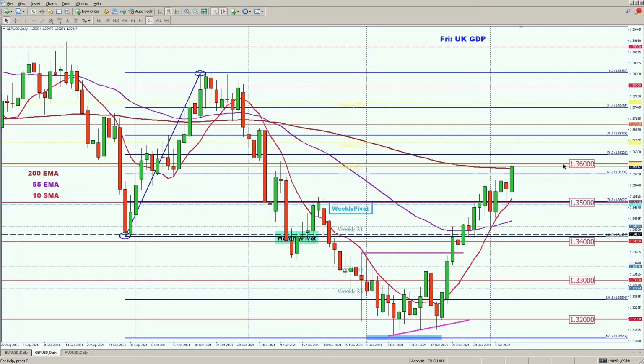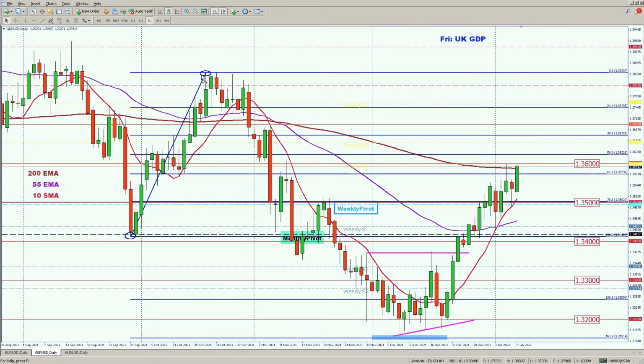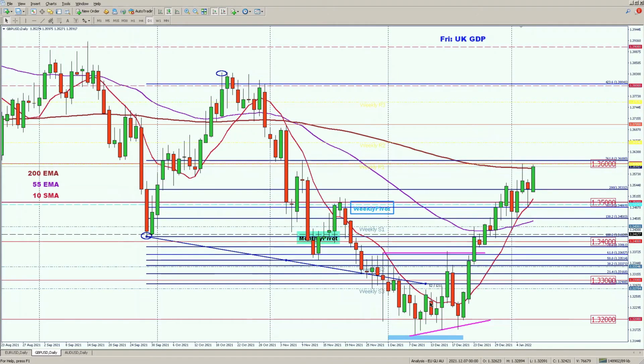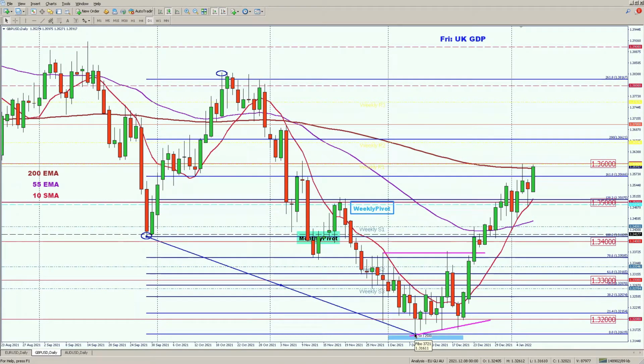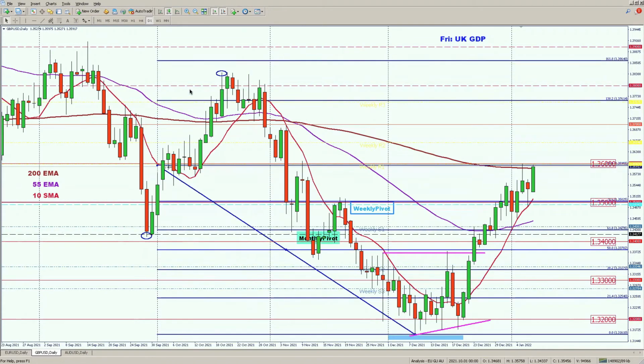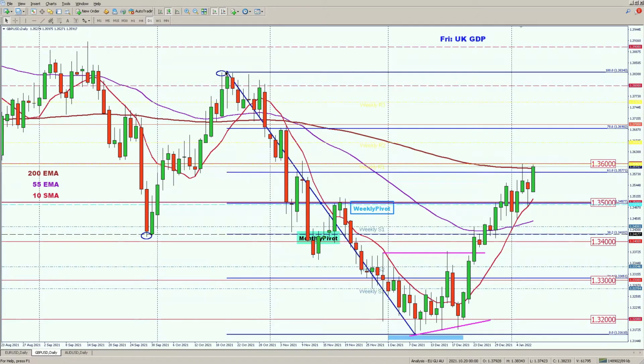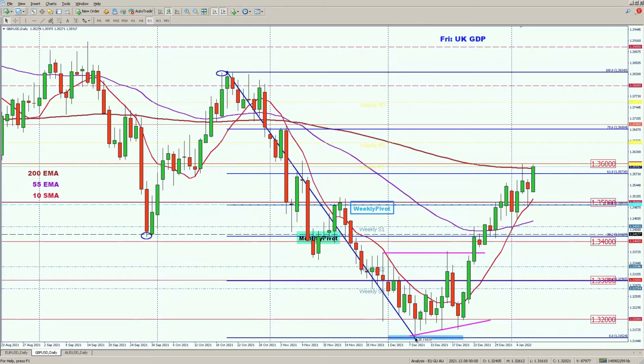And it's climbing up to the 136, where last week there was the weekly R1 pivot level here at 136.98. So that's where it hit, and it did hit it earlier on Wednesday as well. So let's move this fib. This is the level where we had